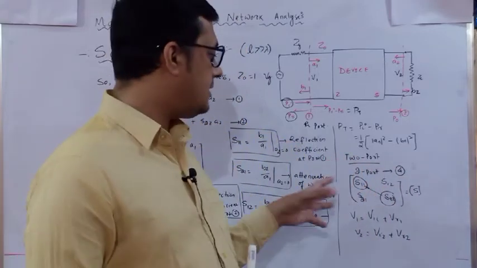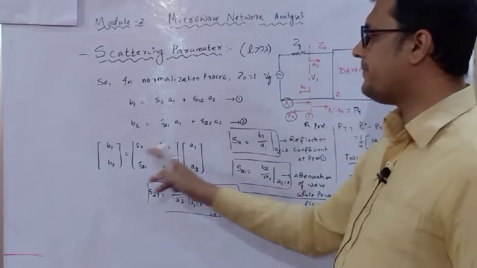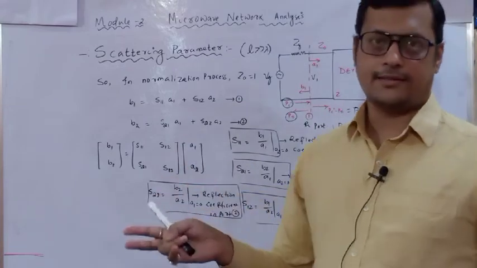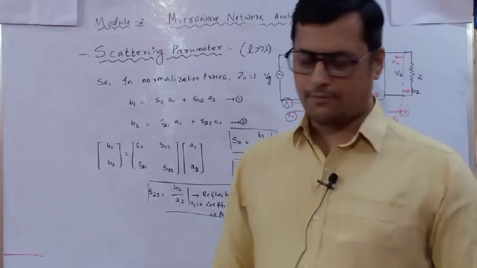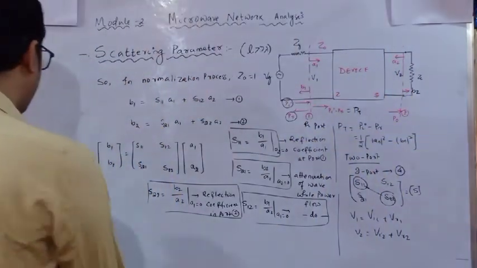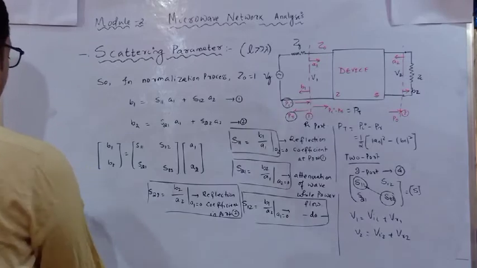Okay, so this is the basic relation, as you can see. This is the 2 cross 2 matrix. That means my device is of 2 port. If my device is of 3 port, if it is a 3 port network,